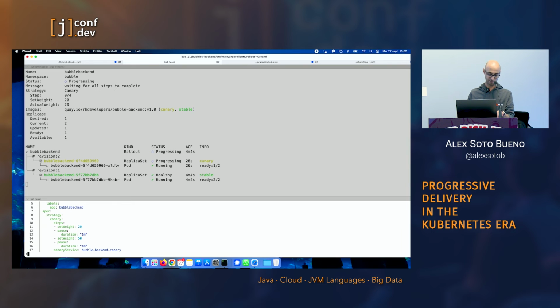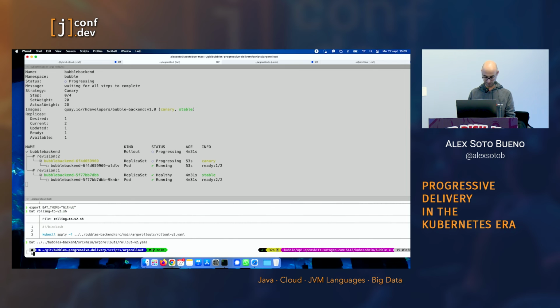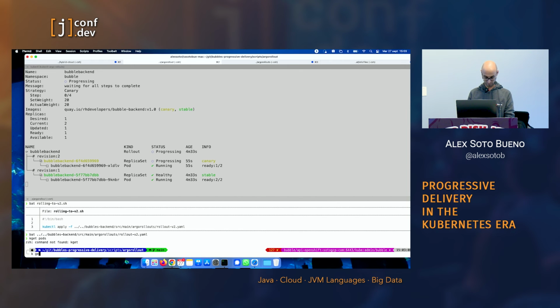And this file is the one I showed you. 20% during 1 minute, 50% during 1 minute in this case. This is the Istio information. And then here is the part that I mentioned before, which is just common deployment fields, like the container, the environment variable, image pull policy, the ports, and so on. Now you see that it's running and it's progressing, which means that the application,